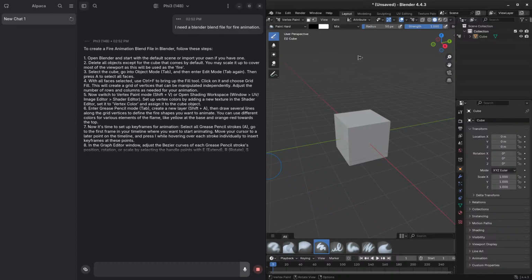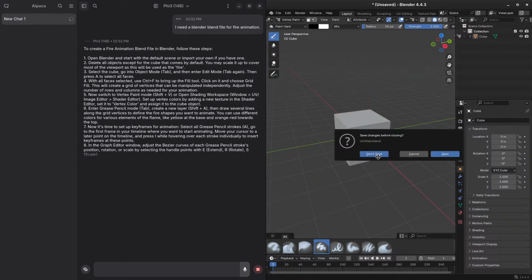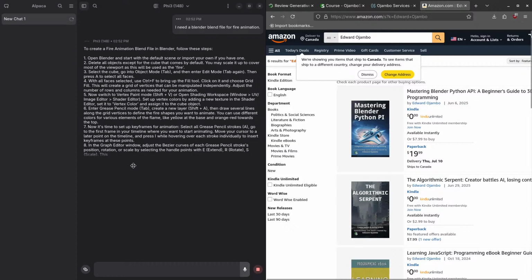So I am not going to continue this more, and I'll explain to you why. Number one is this answer it gives is wrong because the version of Blender is newer. I'm using 4.43. I think 4.4 is the latest version. The 4.5 is coming up soon, maybe at the time of this recording. Number two is,